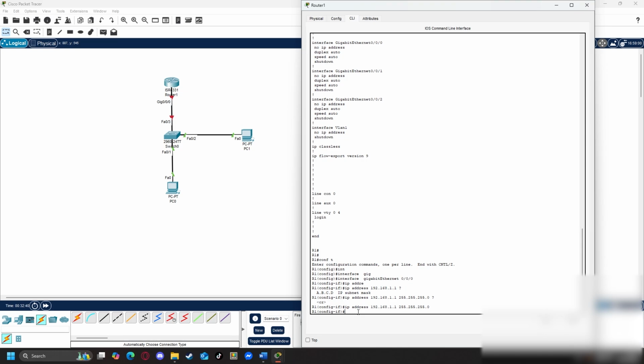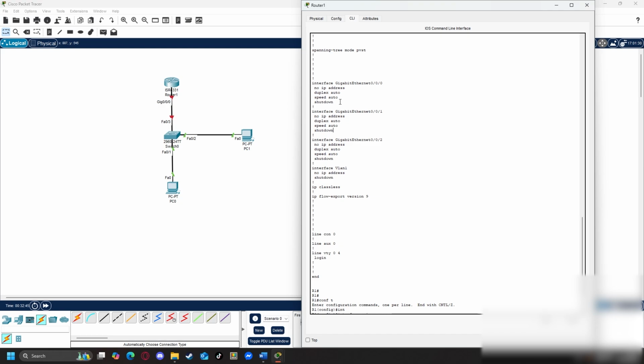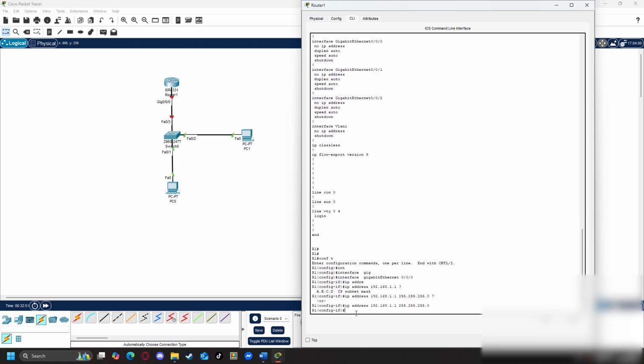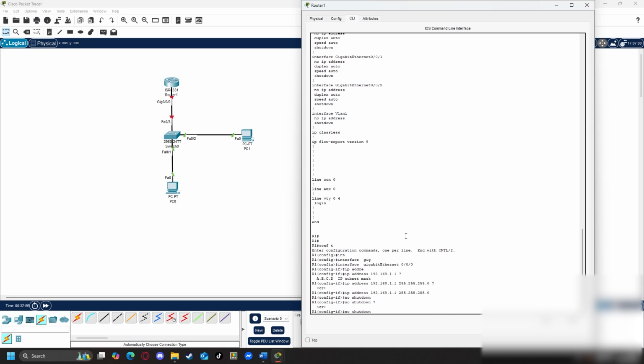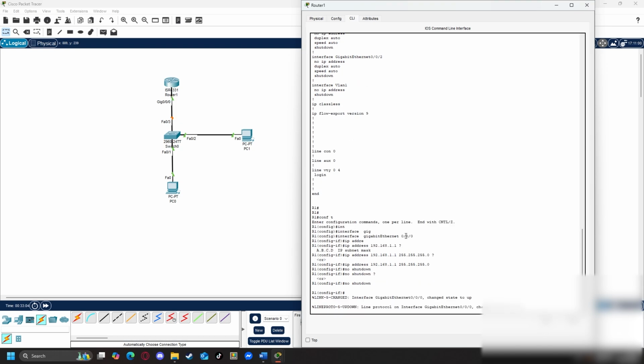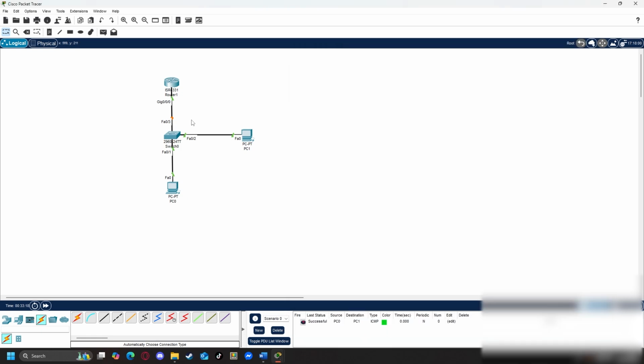Now, there is more config on this IP address, which is that it's shut down on this interface, which isn't good because it won't allow us to connect to the router, the switch otherwise. So what we have to now type is no shutdown. All no means is basically remove the command or delete that action. So no shutdown, and you'll see immediately once that was done, that interface is now up. Line protocol on interface gigabit 0/0/0 changed state to up. You'll see it's green and orange.